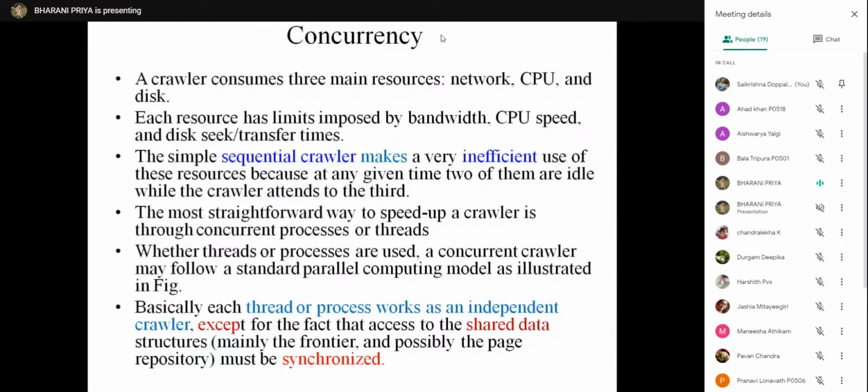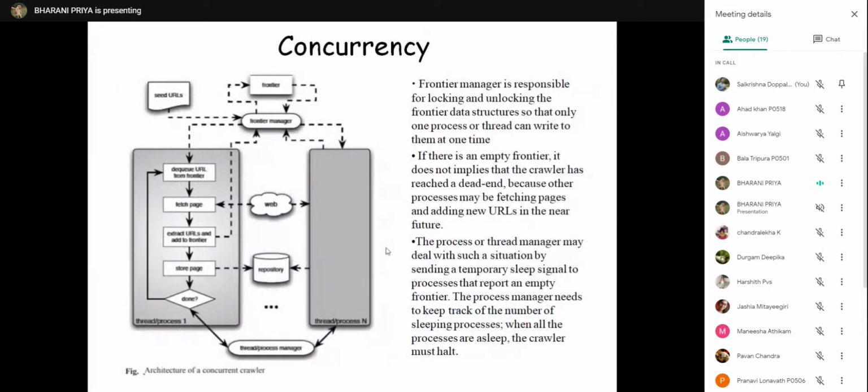That concurrency can be achieved through multiprocessing or threads. Whether you are using threads or processes, it will follow the standard parallel computation model.